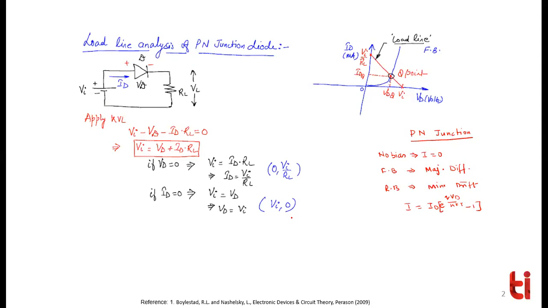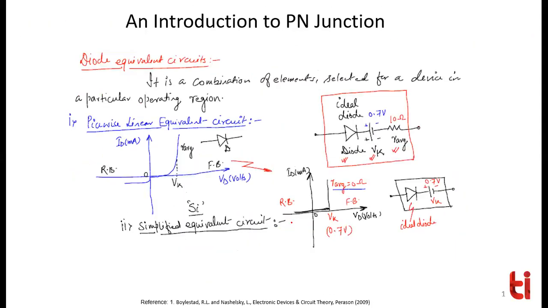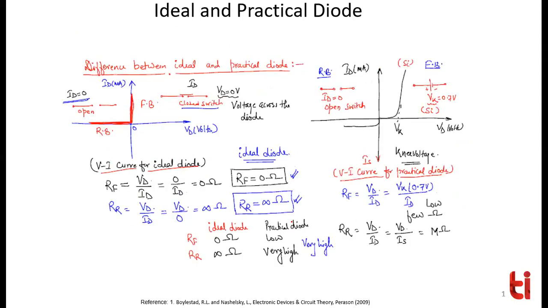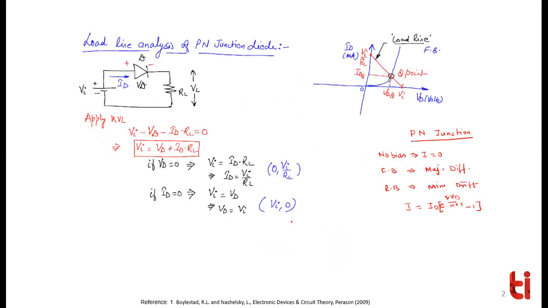And what we have also seen is this breakdown mechanism. Okay, let me go back. Yes, one more thing, equivalent circuits and diode resistances. Then we have seen the equivalent circuits. Equivalent circuit meaning either you can replace a silicon diode with an ideal diode. This is the ideal diode model. Or you can replace a silicon diode with an ideal diode, a battery of 0.7 V and a resistance of 10 ohm. This we have seen.